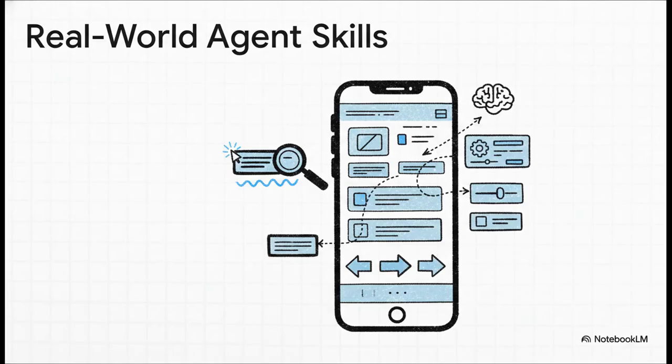So what does that look like in practice? Well, it translates to some incredible new skills. We're talking about precise object grounding, so knowing exactly where that confirm button is so it can click it. It means reading any text on any screen, from an app to a website. It means understanding really complex user interfaces and even executing multi-step tasks on your device, all by itself.